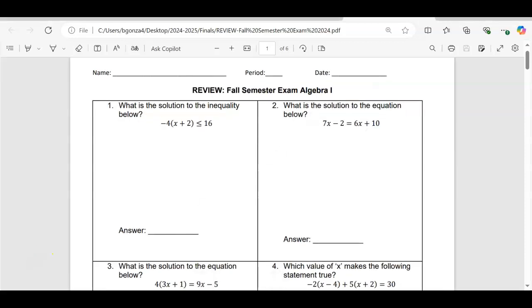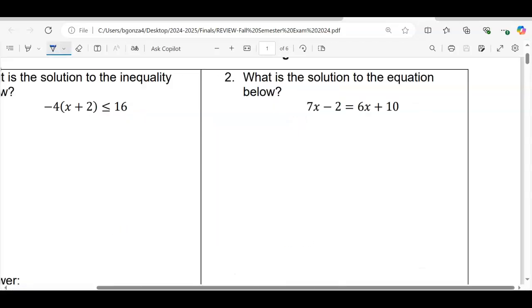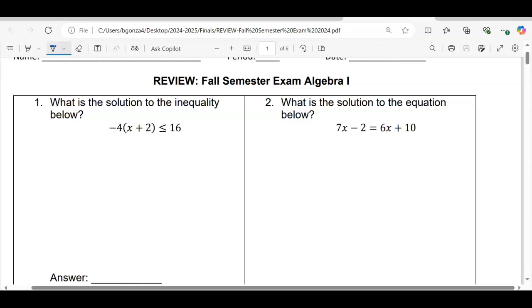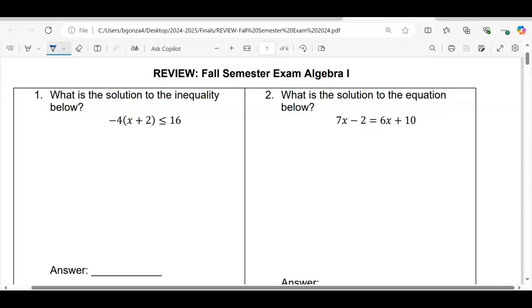Right, here's our review for the fall semester exam. All right, number one, what is the solution to the inequality below? Now, there's two ways to do it. You can solve it by hand, or you can go to Desmos and you type it in